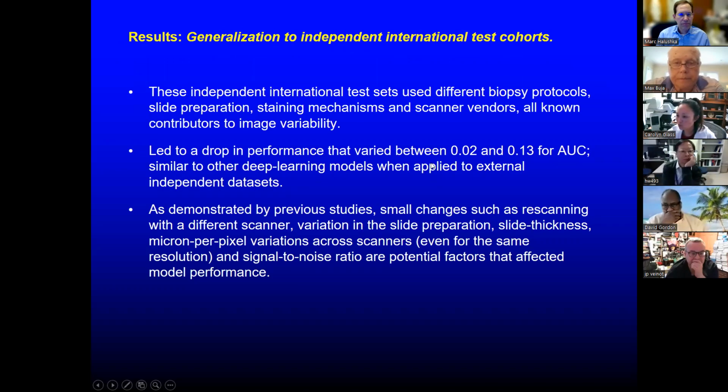We talked about the drop in performance in AUC when applied to external independent data sets. And this number is kind of standard, and it's expected based on what's been done in the cancer world. For example, the FDA approved algorithm from Memorial Sloan Kettering for prostate cancer was tested, I don't know if it was tested at Yale, Peter, but I think that was one of the independent test institutions. It dropped a little bit with the testing set, but it still did okay. It didn't drop below 0.8.